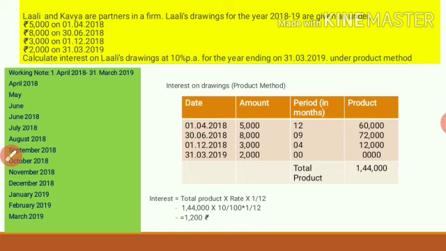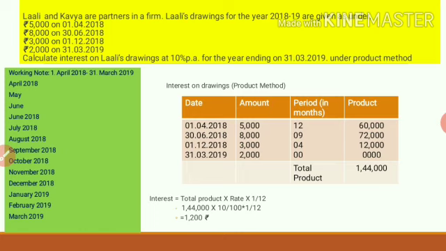What is the next? They have withdrawn on 31/3/2019. That means the end of March. Do we consider that? No. This calculation will come in the next financial year, that is 1st April 2019 to 31st March 2020, when the calculation will begin. So there is no interest for the month of March because they have withdrawn the amount at the end of the day on 31st March. So the product will be 0.